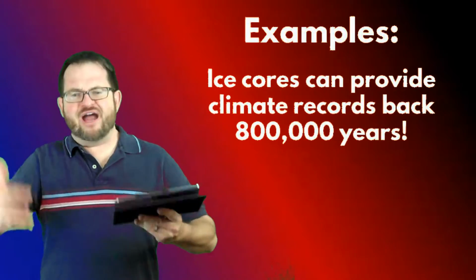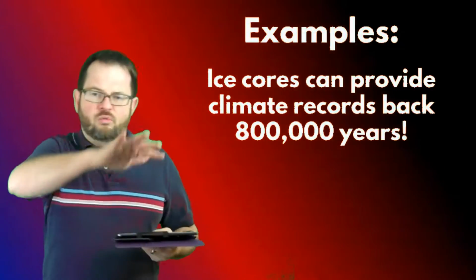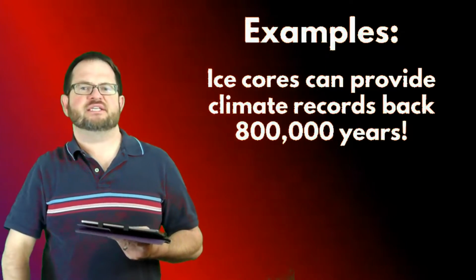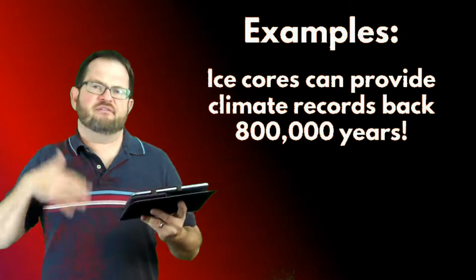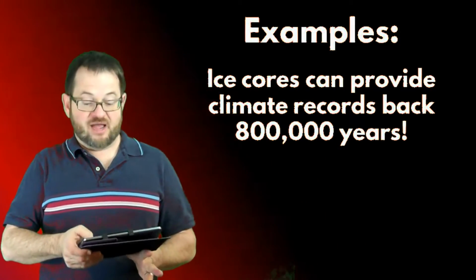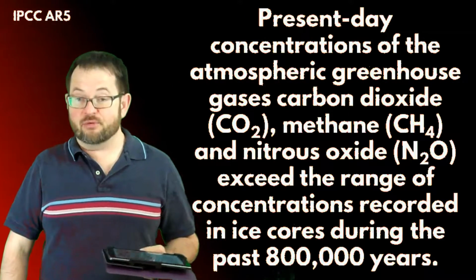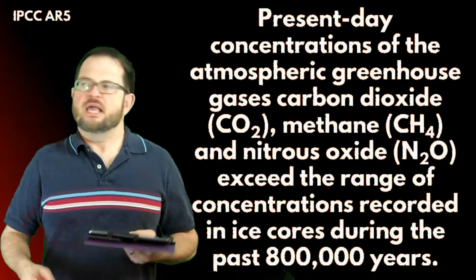That's about how fast the big ice sheets of places like Greenland and Antarctica go and then reach the sea. You know, they form and then the ice reaches the sea and calves off as an iceberg and floats out to sea and melts. So we don't have climate information from ice cores farther back than about 800,000 years, but as is talked about in Chapter 4 of the IPCC report, we can actually get a lot of really interesting information from these ice cores.